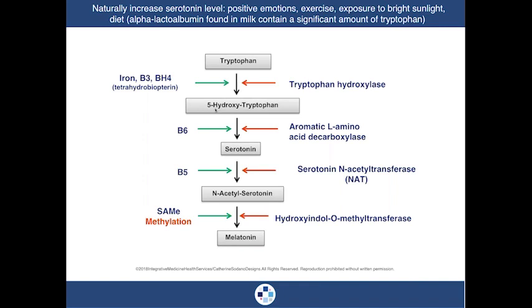Positive emotions. That is extremely important to counsel your patient on positive emotions. Exercise, exposure to bright light. Diet is extremely important. Foods that are high in tryptophan. One particular food is milk, by the way. It contains alpha-lactalbumin and has a significant amount of tryptophan. So I just want to make you aware of that. If the patient is having trouble with methylation, by the way, which is what we'll talk about for thyroid and getting stress levels down as well, they're going to have trouble converting serotonin to melatonin, and they're probably going to end up with sleep disturbances. So that's why I put this slide in here.